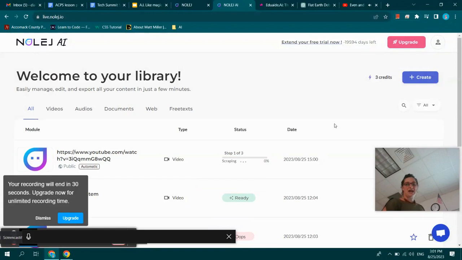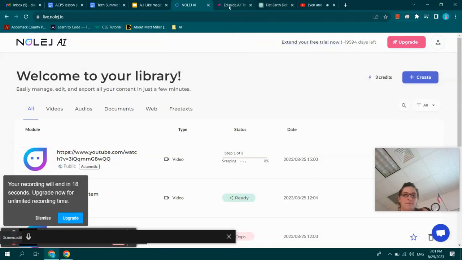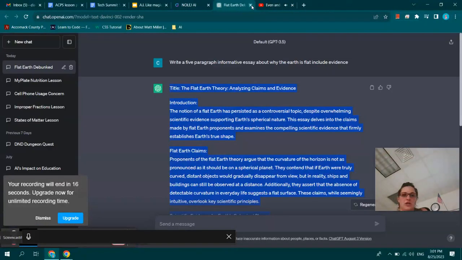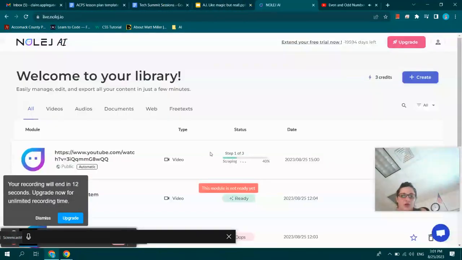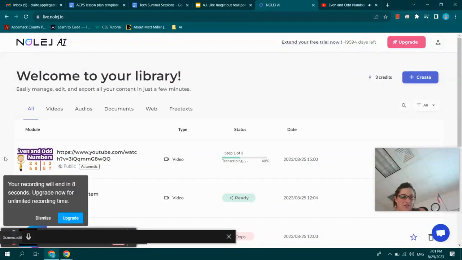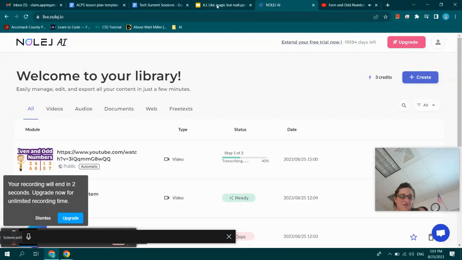Now, because it has to do all of that with a video, it does take a little bit longer because there's more digital steps going on behind the screens. So I'm just going to leave this sitting open here for a minute. We already did EduAid. We already did ChatGPT. I'm going to leave Knowledge here doing its thing. So right now it's watching the video. It's found it. See? Now it's watching it. It's transcribing it now. While it does that,